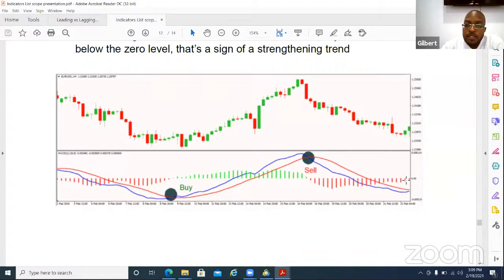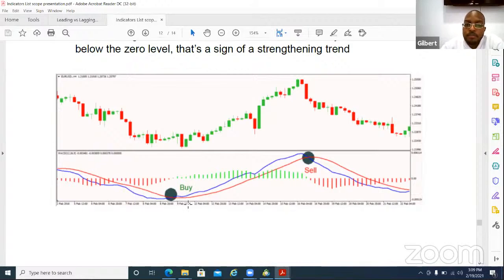However, there is also this zero line here, and this zero line here is lagging. So there are people who use MACD either as a leading indicator using these crossovers, or as a lagging indicator with regards to the zero line. This zero line that you're seeing here is just a flat line. And the moment these two averages are above the zero line, it means we're in an upward trending market. The moment these two moving averages, these red and blue lines, are below, then it means we're in a downward